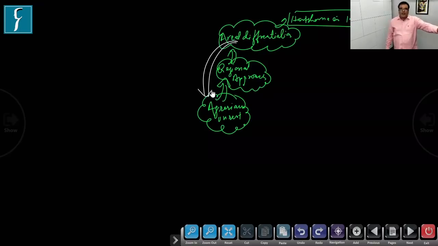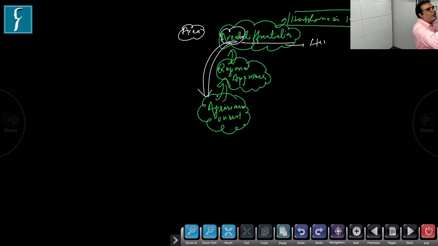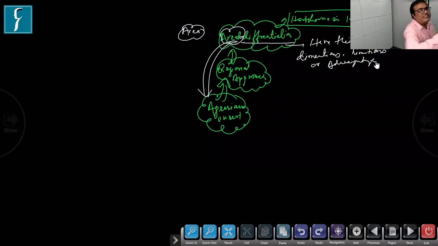What does it say? We cannot go into the detail in this lecture, but just for you, area means area. What Hartshorne said, and differentiation means, is that all the areas have their own dimensions or limitations or advantages. We cannot make any sort of generalization that this is the problem of the Indian farmer.